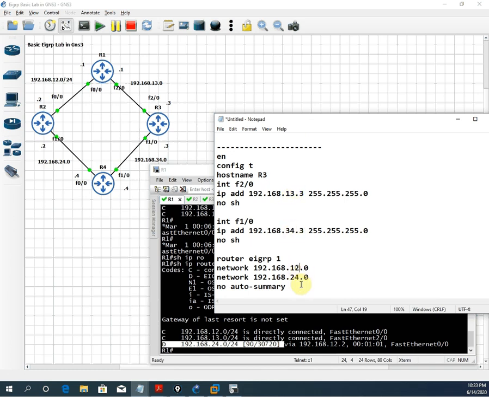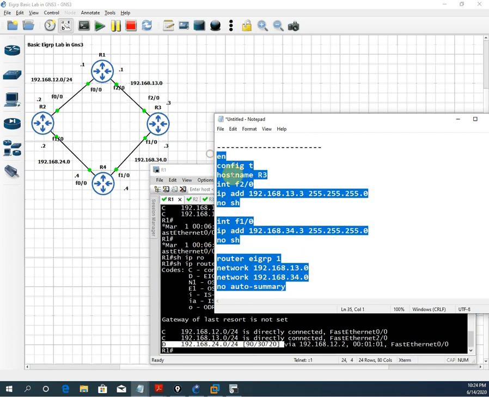Do you have any confusion? Whatever interface IP we have, we need to write that IP's network ID. So the network ID for this one is 192.168.13.0, and the same here: 192.168.34.3 has 34.0 as its network ID. So the configuration for router R3 is finished.